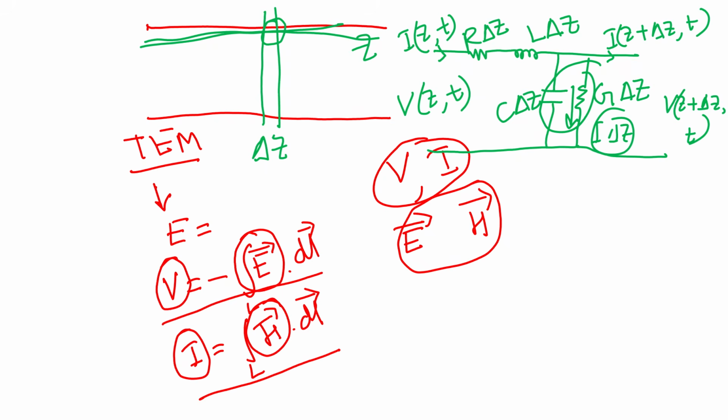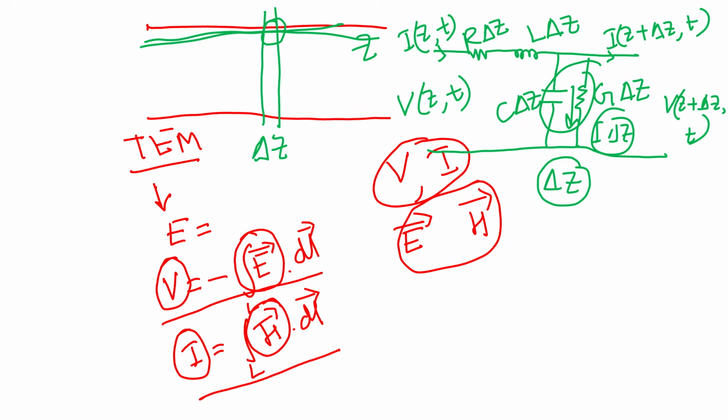Okay, so this will be the equivalent circuit for a small incremental length of del z, and if we now apply KCL and KVL laws to this small incremental length of del z, we can get voltage and current equations as,